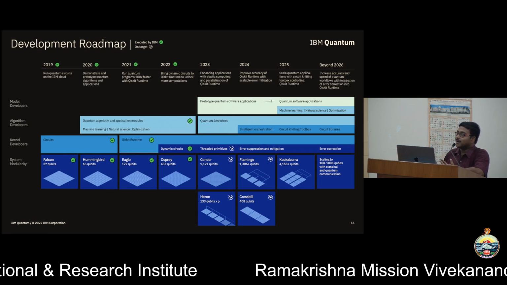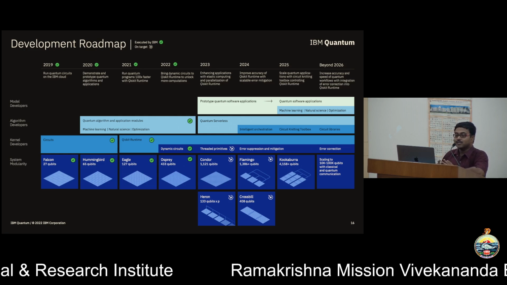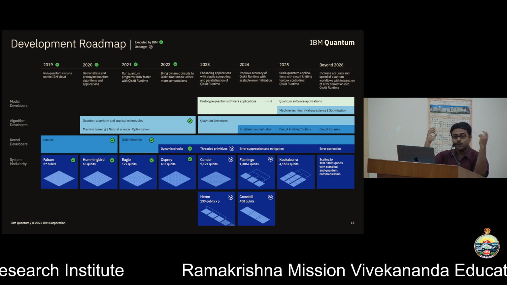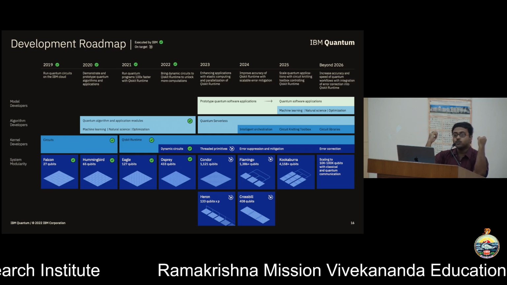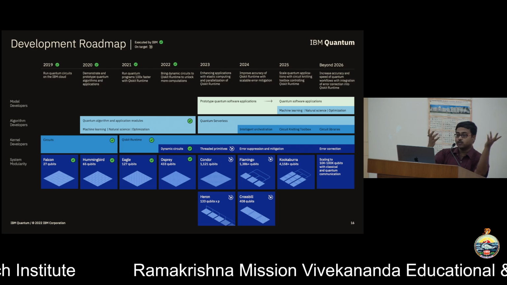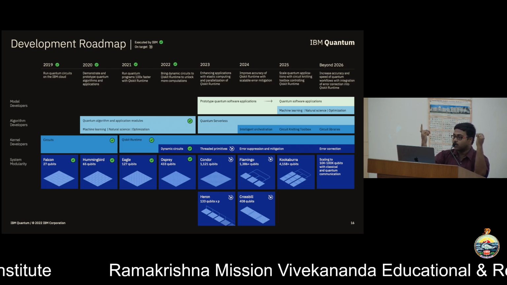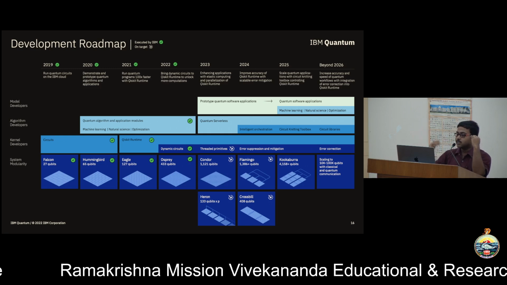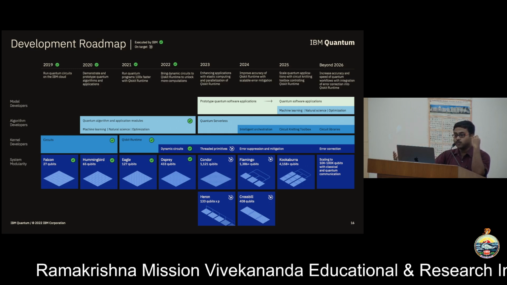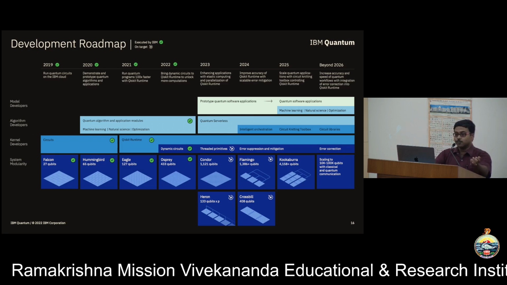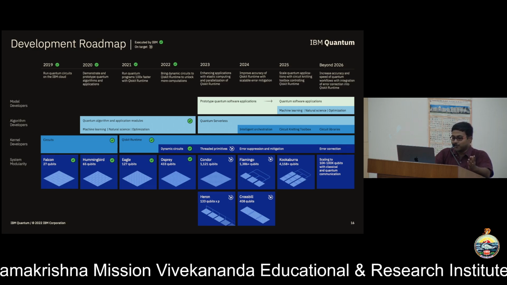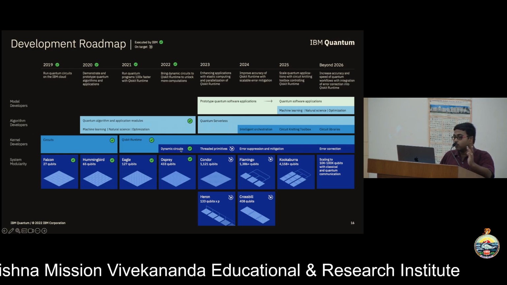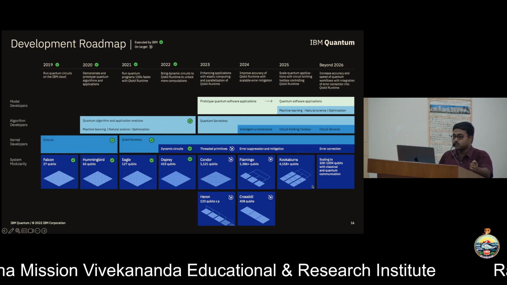If you have seen the book by Nielsen and Chuang, that's the Bible of quantum computing. They start with this: the computation power of 100 qubits is 2 to the power 100. That is more than the number of atoms in the universe. Then he says that is more than the age of the universe, and more than the product of these two. That's how powerful it is. So we have 1000 qubit quantum computers today, and we are moving hopefully towards 10,000 qubits very soon.